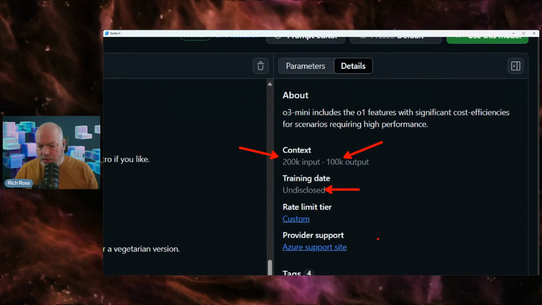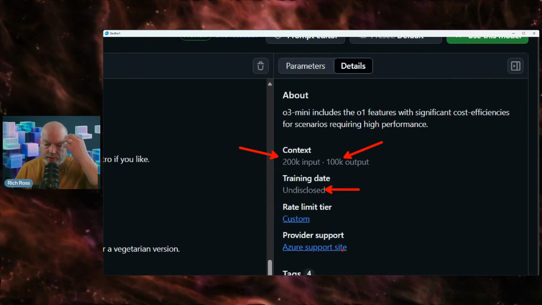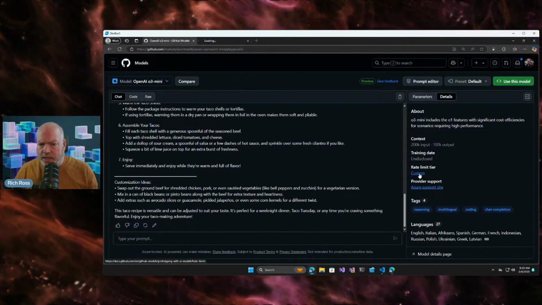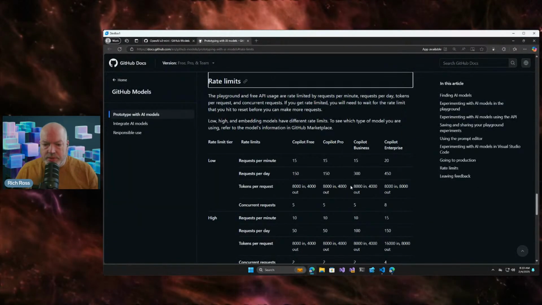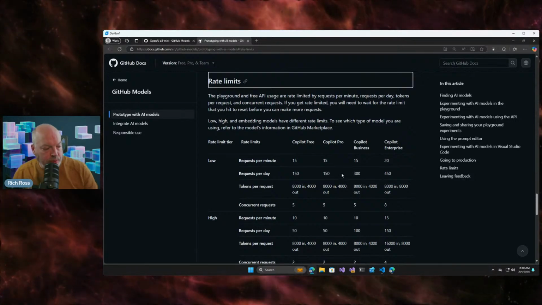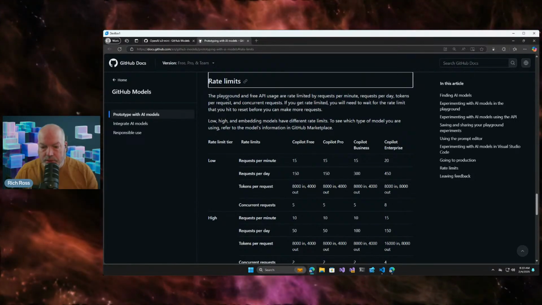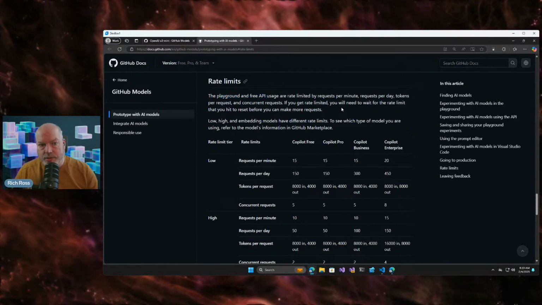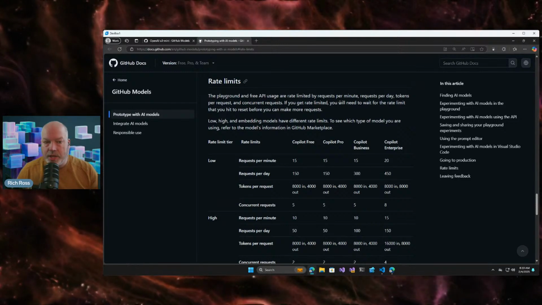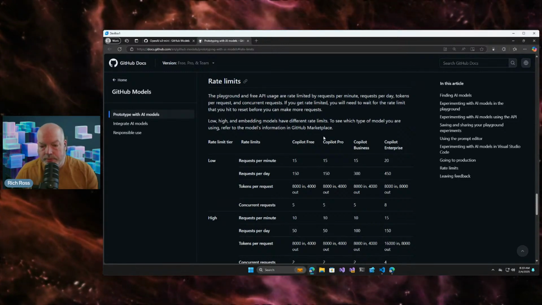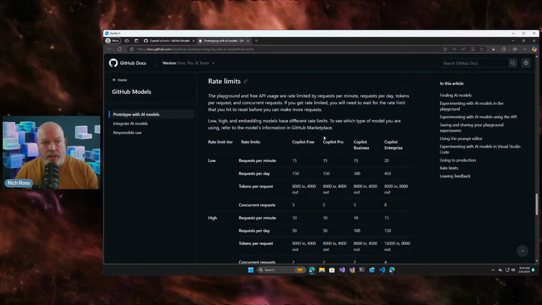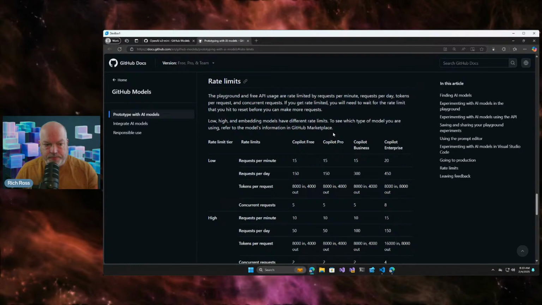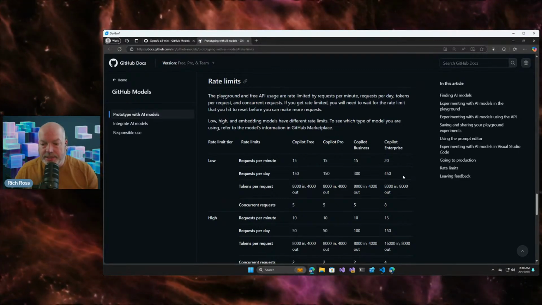We're in a custom rate tier, and we'll click on that and see what that means in a second. And then we can go over to the Azure support site when we think about some of the support stuff. So let's take a look at that custom real quick. So we go here. This talks about some of the rate limits when we look at prototyping with the models. The important part here is playground and free API usage, but it's rate limited, which typically when you have a free API, there is some kind of rate limit that goes along with that, where it gives you only a certain amount of access or capabilities or whatever that value is that you're pulling back. So in this case, it is